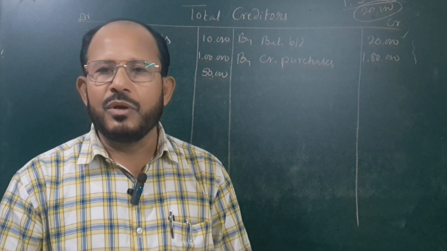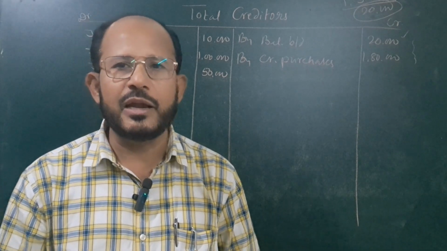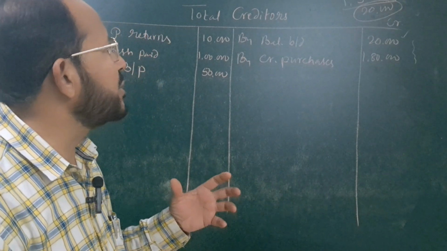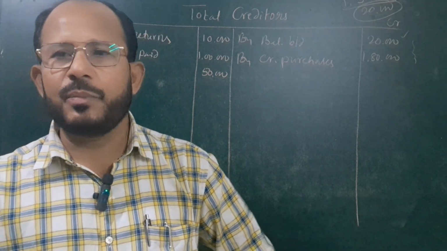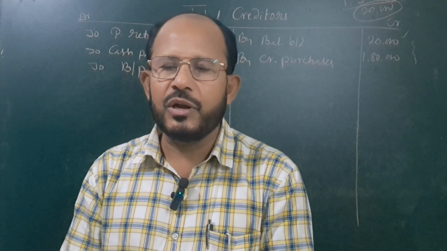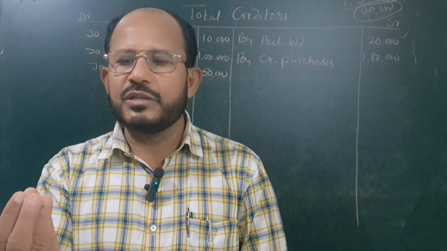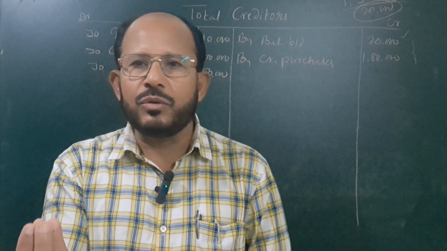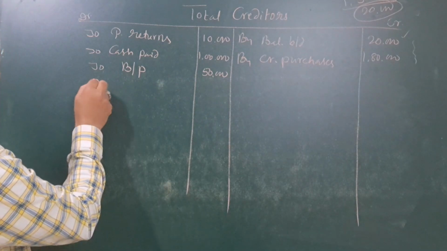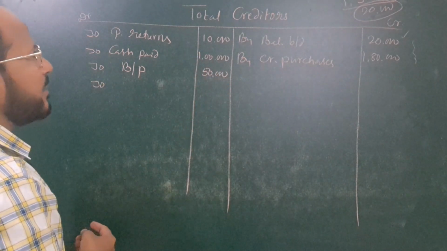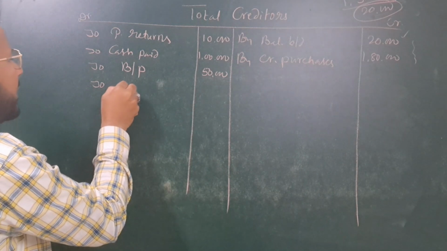For the prompt payment they will also give discount to us. Instead you assume that actually the amount which is to be paid to our creditors is rupees 1 lakh. They may ask us to pay rupees 95,000. Instead of 1 lakh, only 95,000 is to be paid for closing the account. Therefore this 5,000 is nothing but discount earned by us. This is an item of income to us. If such discount is given to us by the parties or by the creditors or suppliers, that should be written here like this: